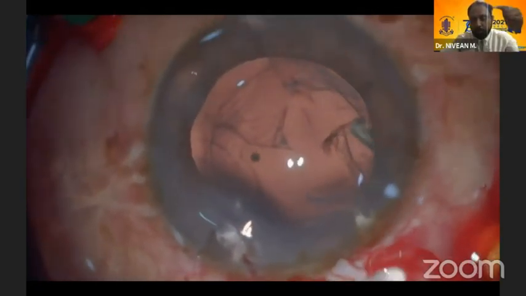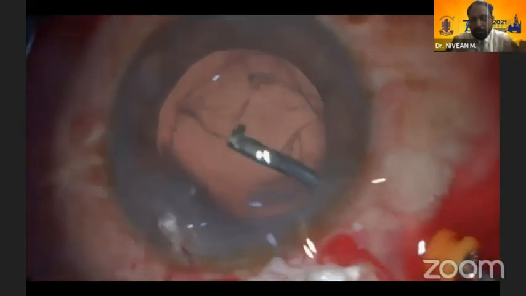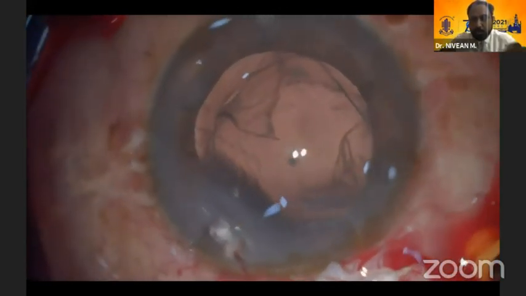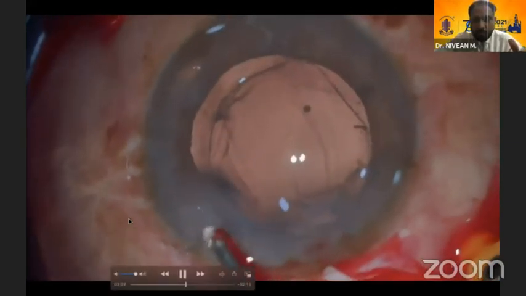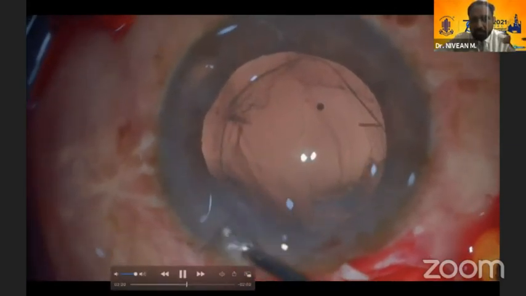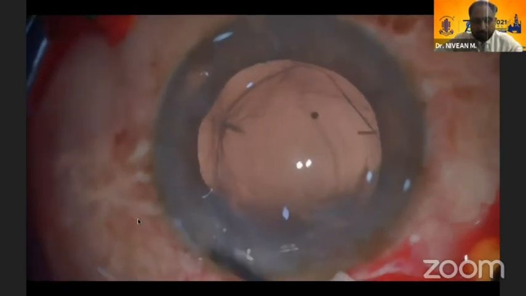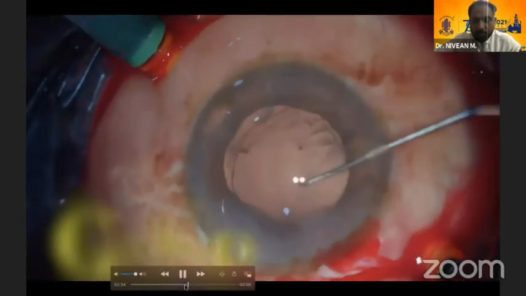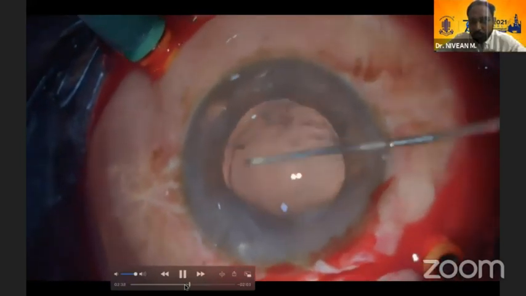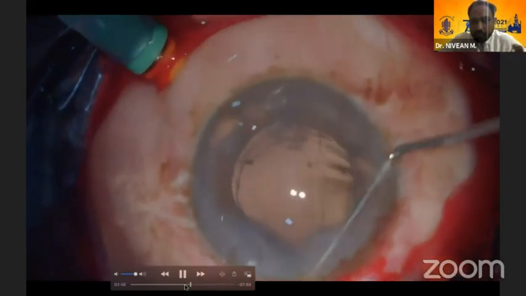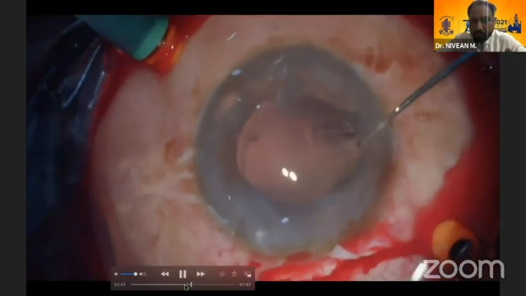So you don't have to spend more time coming through the anterior approach, because sometimes more and more vitreous tends to come in small incision cataract surgery. So you can use the pars plana approach and then clear all the vitreous in the section. See, the vitreous in the center is cleared, the section too. And once that is done, we should make sure we check the integrity of the capsule. That is why I think all the speakers have told the importance of converting to a rhexis. When we have a rhexis, I think it solves most of our problems.